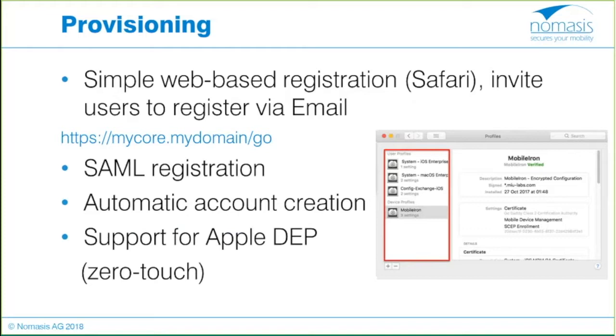It's just simplifying the first enrollment of iOS devices in the MDM so that you could basically unpack the iOS device after you just buy it from a certified reseller. The user is launching the device for the first time. He has to enter his user ID or one PIN number just to authenticate, and then all the configurations will just be rolled out automatically and arrive on the iOS device. So Apple DEP is not only for iOS, it's also for macOS, and that's the good news. So as of today, Mobile Iron is supporting Apple DEP for macOS as well.